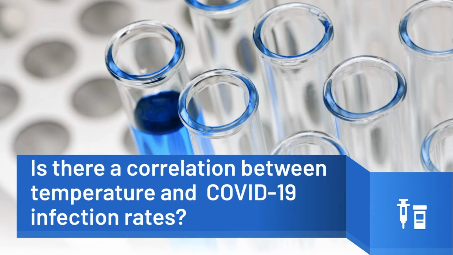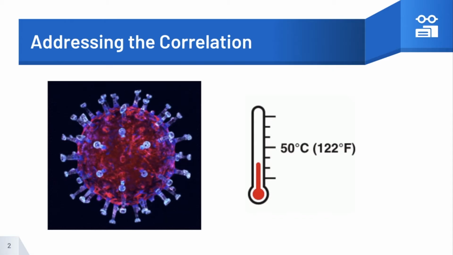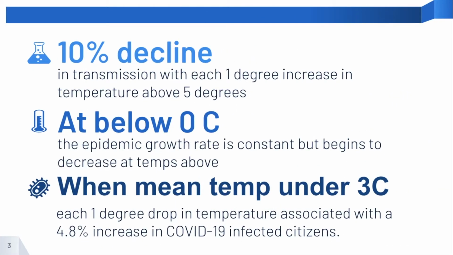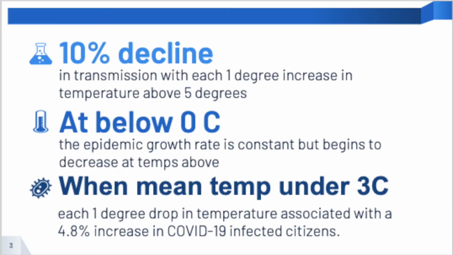Is there a correlation between temperature and COVID-19 infection rates? When conducting our investigation, we found out there is a strong correlation between temperature and infection rate. So we learned there is a 10% decline in transmission with each 1 degree increase in temperatures above 5 degrees